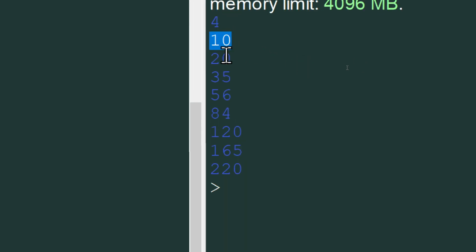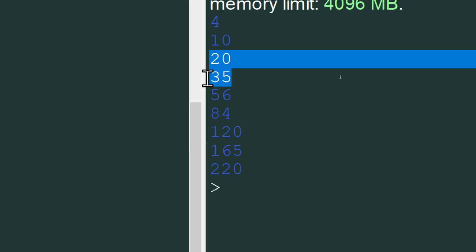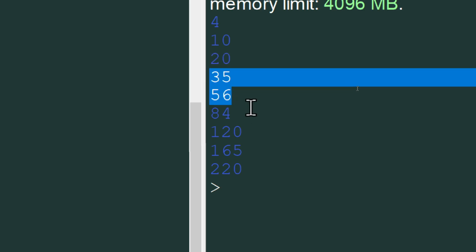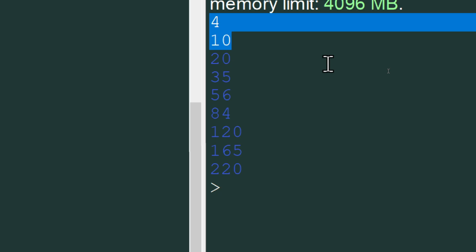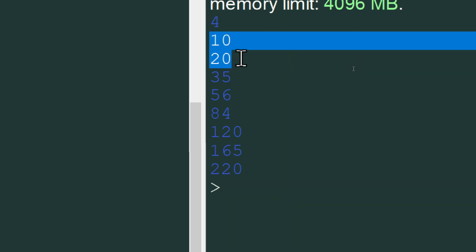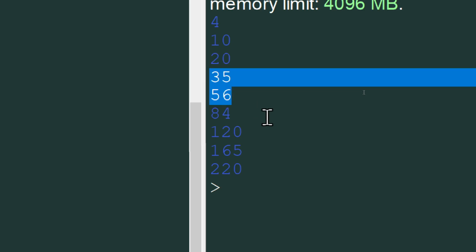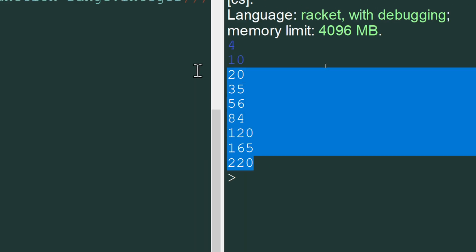Anyway, 4 to 10 is 6, 10 to 20 is 10. So 6, 10, 15, that sounds familiar. 21. 6 is 1 plus 2 plus 3, plus 4, plus 5, plus 6. So rather, if we lay out these numbers,